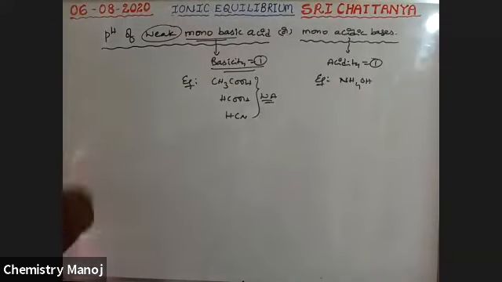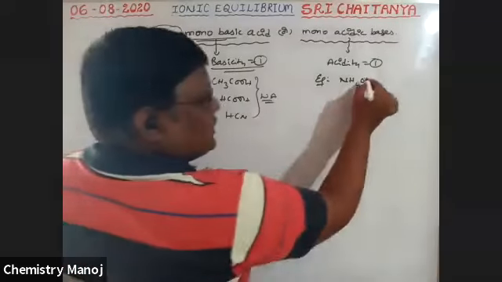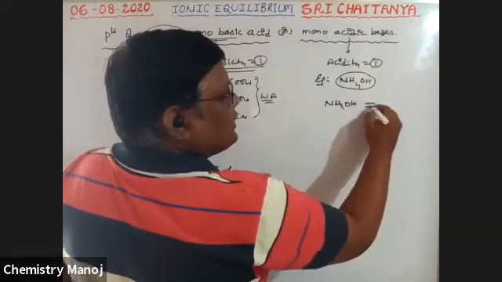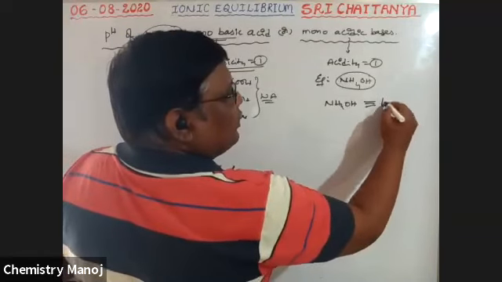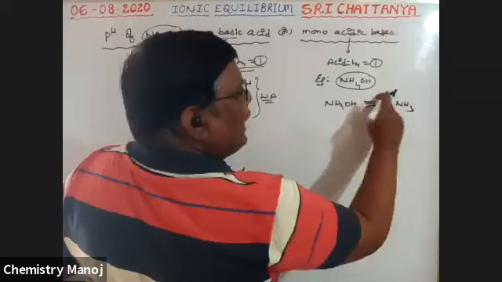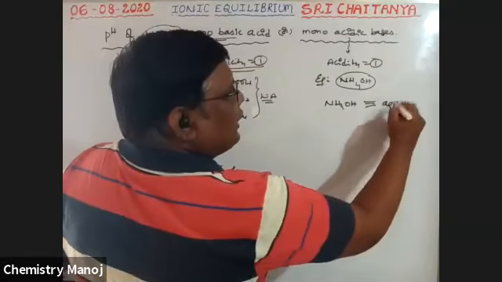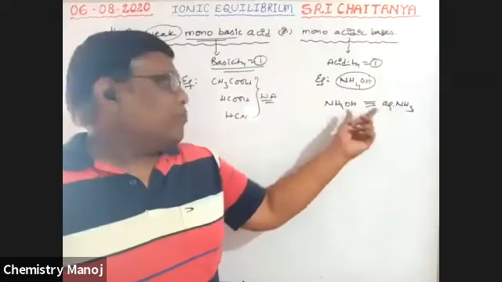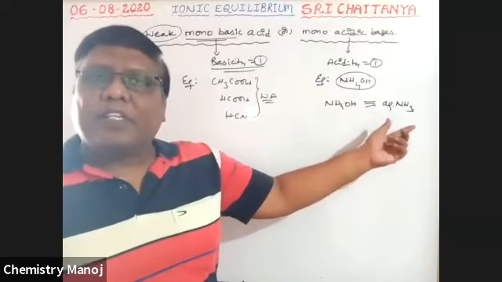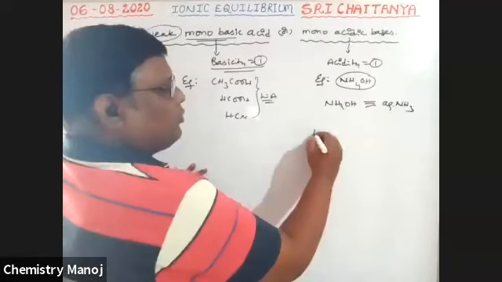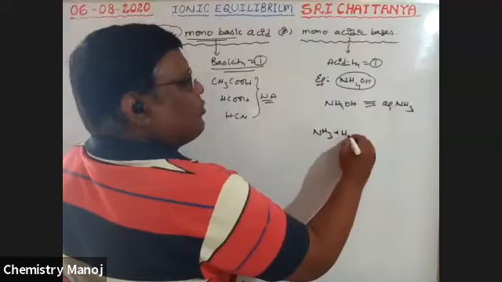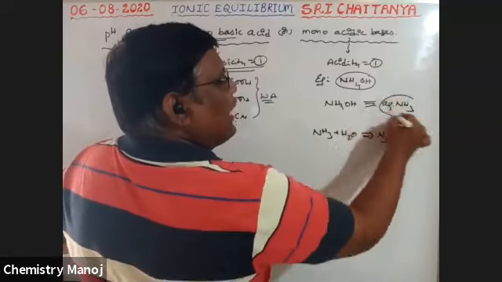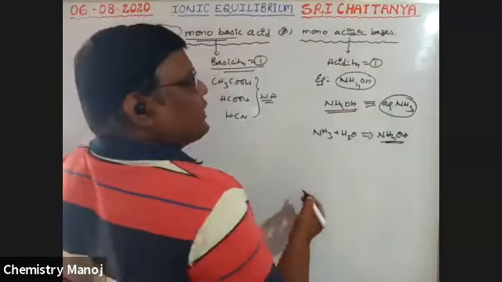NH4OH, that is a base. So boys, see here, NH4OH is exactly equal to aqueous ammonia, not liquid ammonia. Whenever aqueous ammonia is given to you, that is completely taken as NH4OH. Aqueous means that NH3 is dissolved in water, and NH3 dissolved in water converts into NH4OH. Therefore, aqueous ammonia is nothing but NH4OH.